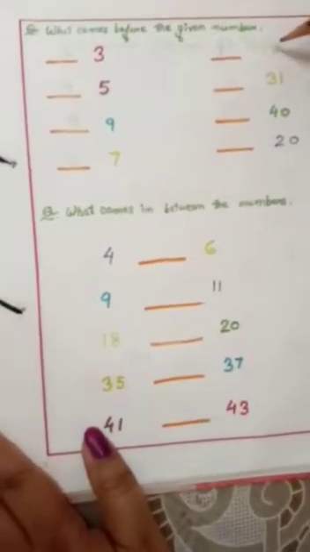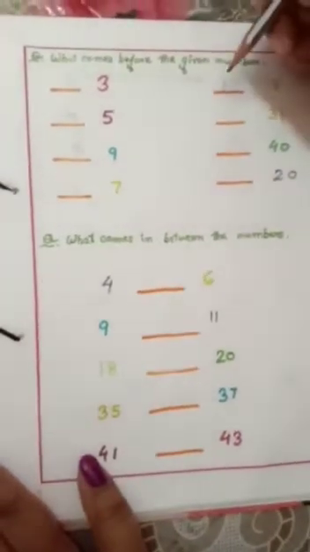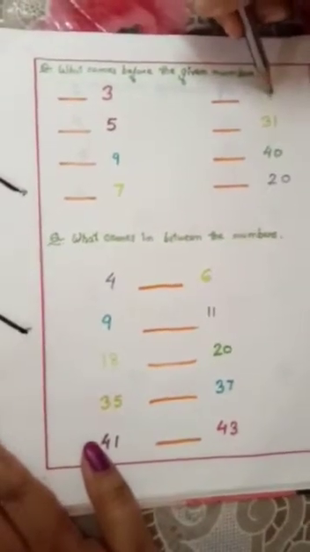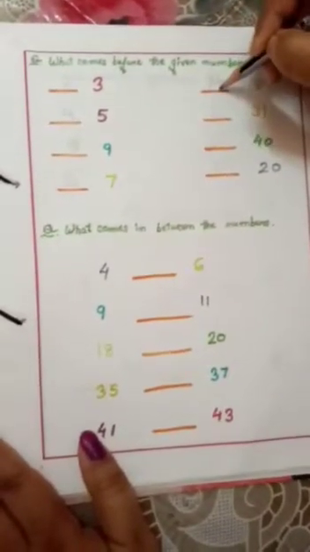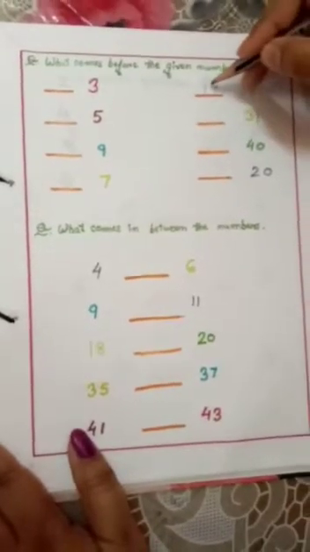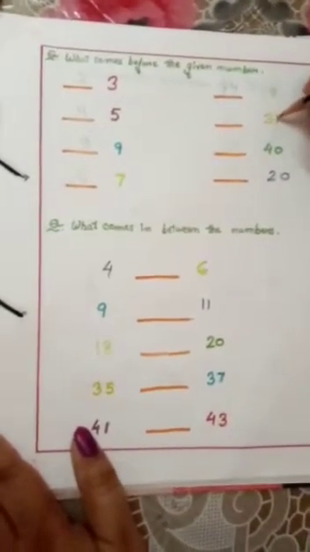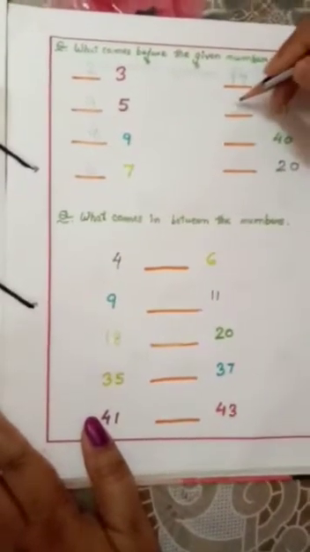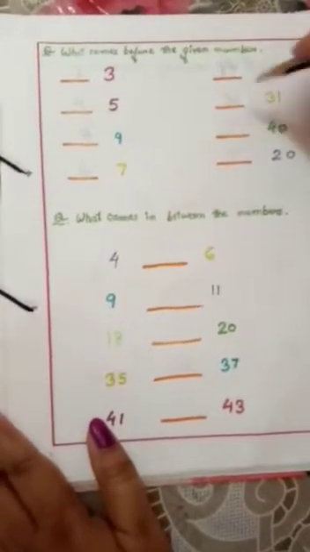Now similarly in case of two digit number, the first digit will be same and the second digit will change to the before number, means before 8 comes 7. So before 18 it comes 17. 31. Similarly 30. Before 31 comes 30. Now in case of two digit number, when the last number will be 0, then the